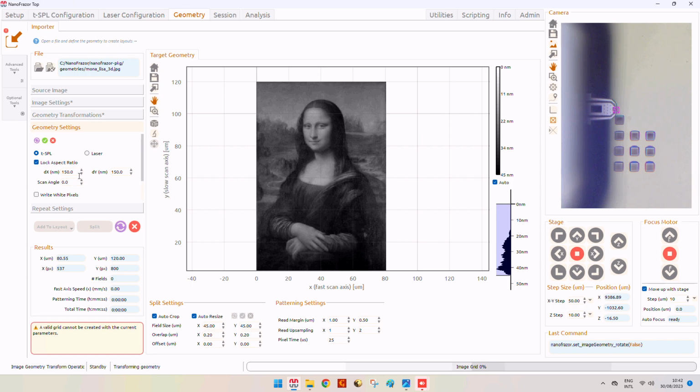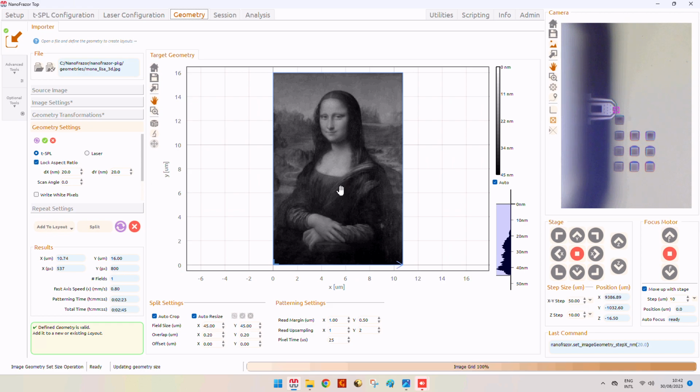One thing that's important to remember is that the TSPL usually requires a much smaller pixel size. This is the default pixel size in X and Y for the laser, which has a spot of around 500 to 600 nanometers. But for TSPL, we usually have a default value of 20 nanometers on X and Y.